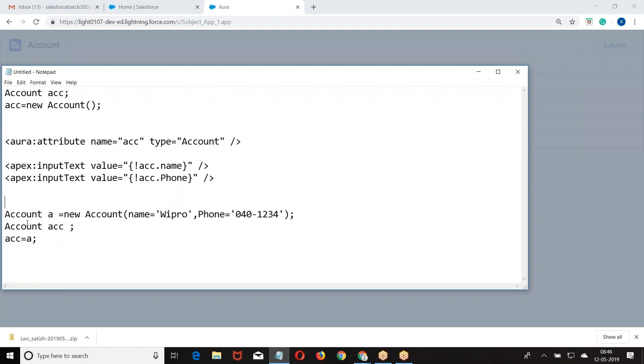Either you get one of the accounts and assign it to ACC, or you assign a new memory location to ACC. Either of these you have to do.